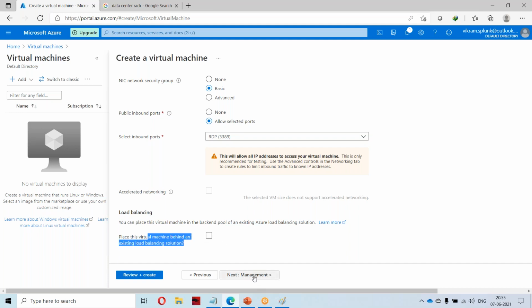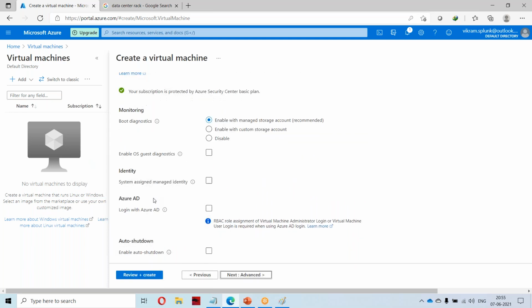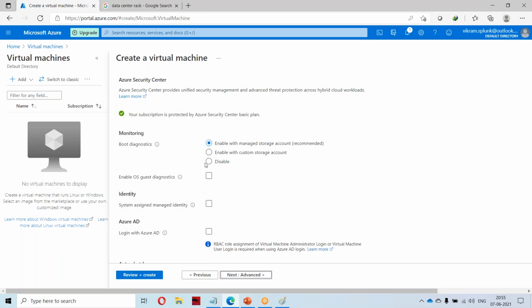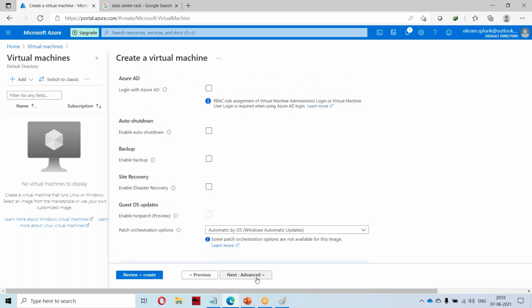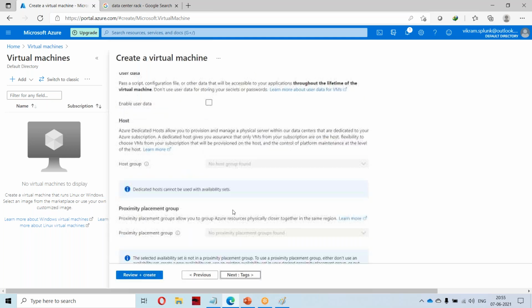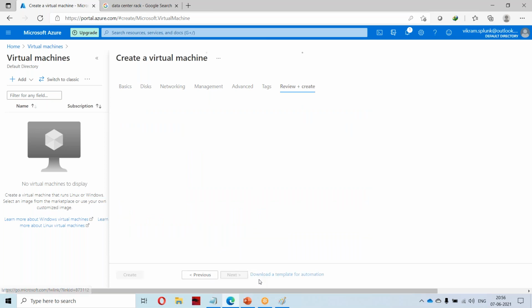I don't want to put load balancing now, even though I have availability sets. Monitoring, identity, I'm leaving everything blank, not selecting anything, just going next, next, next.